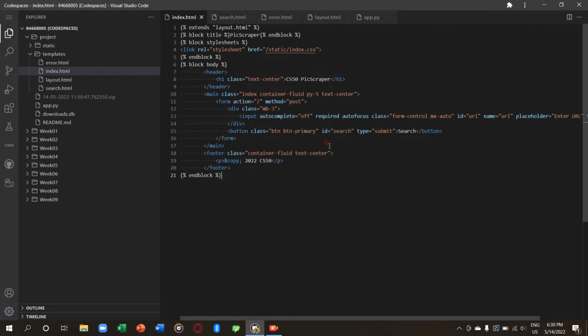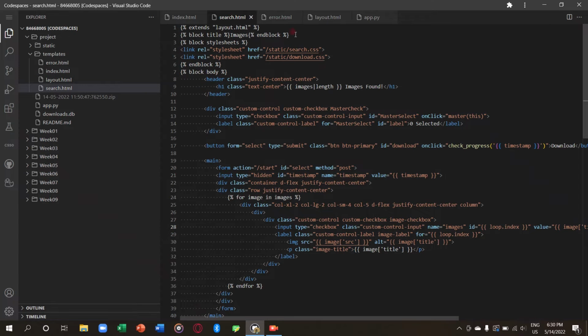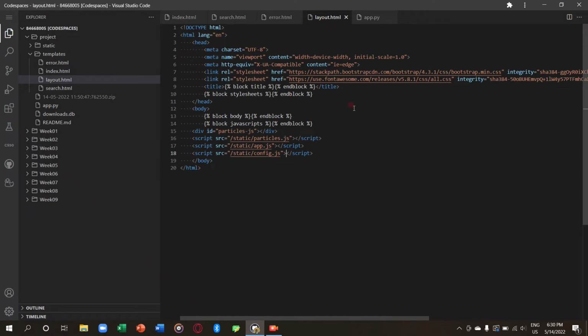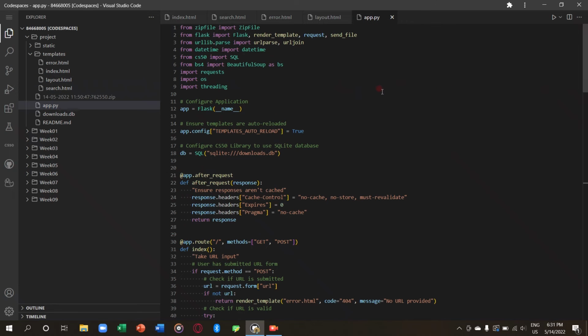Okay, let's talk a little bit about structure. In my templates folder, I've got index.html, search.html, and error.html, all of which extend layout.html. As you can see, I've used Bootstrap and Font Awesome for styling and particle.js for background that uses the files particle.js, app.js, and config.js. In app.py, I've used Beautiful Soup for scraping the HTML, zipfile and requests for downloading